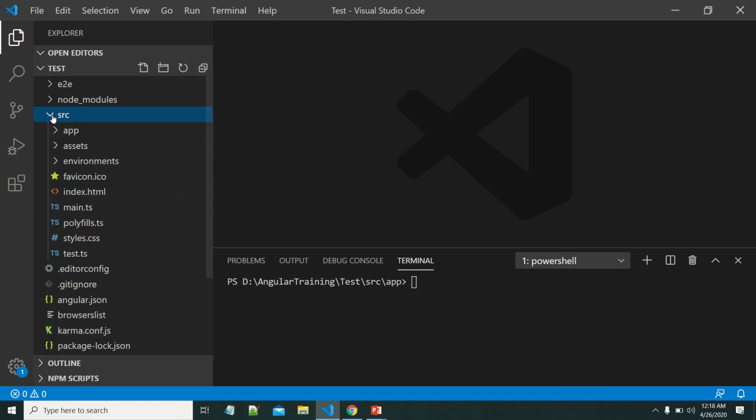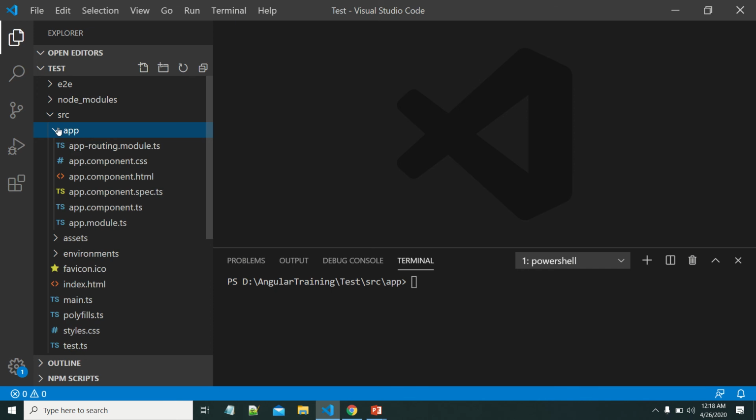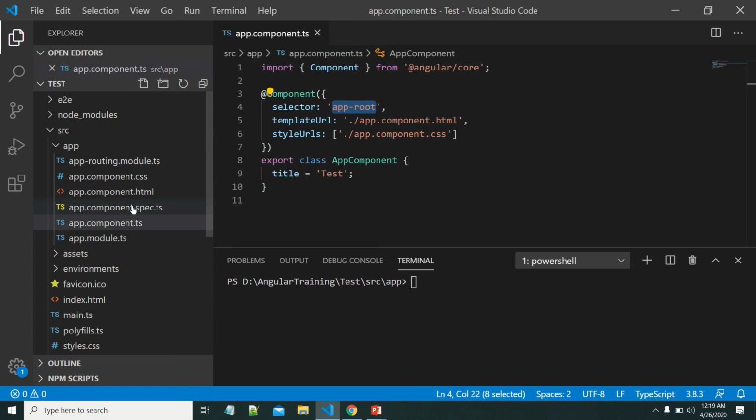Let me open the source folder. Within the app folder, here we can see app.component.ts, which is automatically created. It has the remaining three files: .css, .html, and .spec.ts files. Let me open this component file.